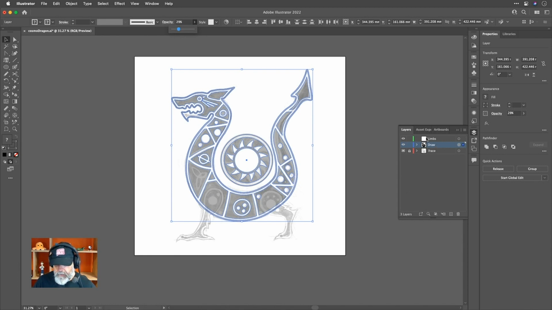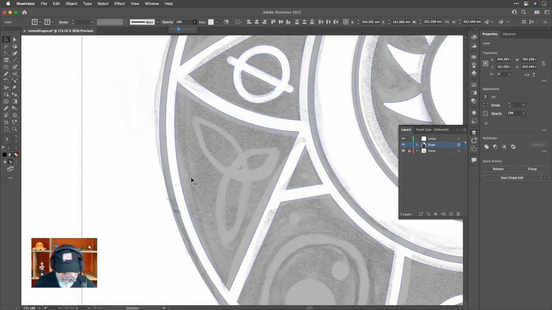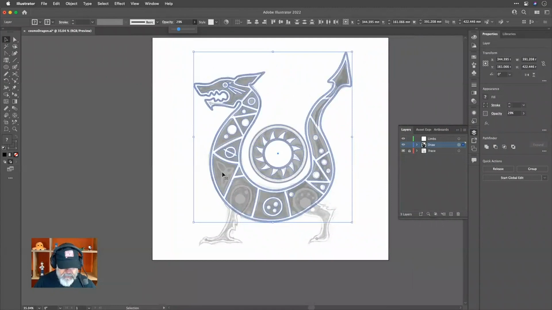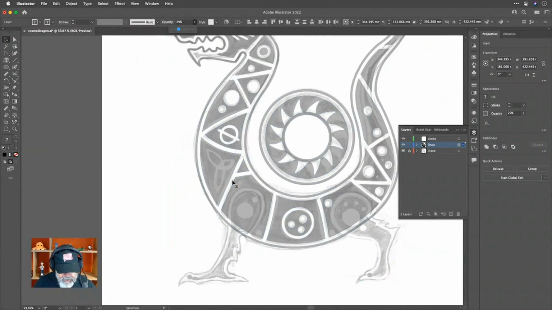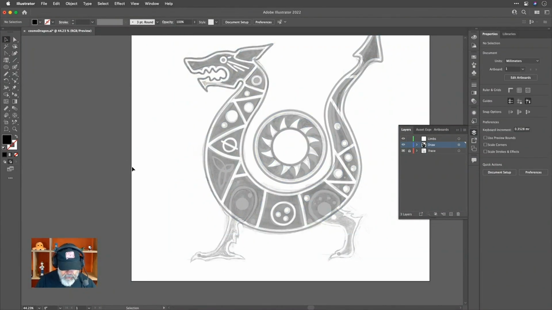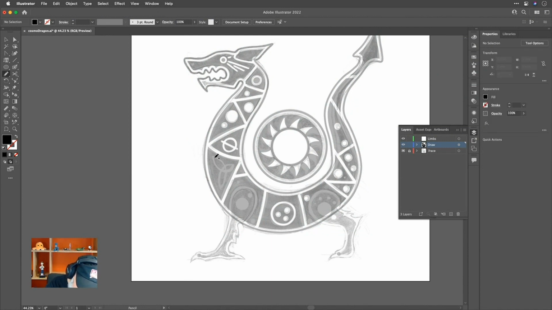Oh, I didn't do the triquetra. Okay, I'm going to have to very quickly work on this triquetra. So there's a few different ways I could do that, but I'm going to do it with just straightforward strokes here. So I'm switching to the pencil tool, and then I'm going to draw this in like so,